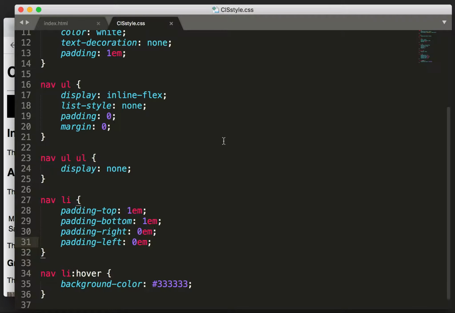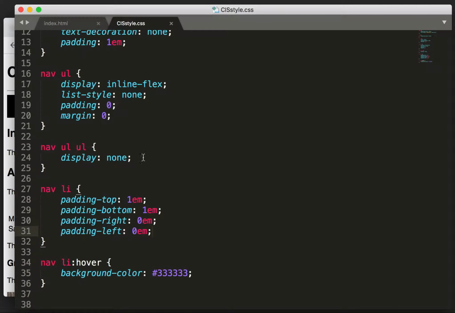Remember what I did was just to hide it. I used this display none. So for any unordered list within an unordered list within a nav, display none. Actually, I want to keep that. But what I want to use is a trick similar to this one where we change the background color when we hover with the mouse. If we hover with the mouse over the menu item, it'd be really nice if a sort of drop-down menu